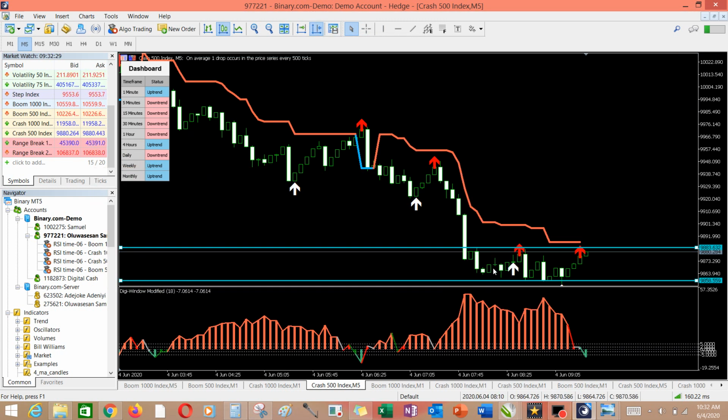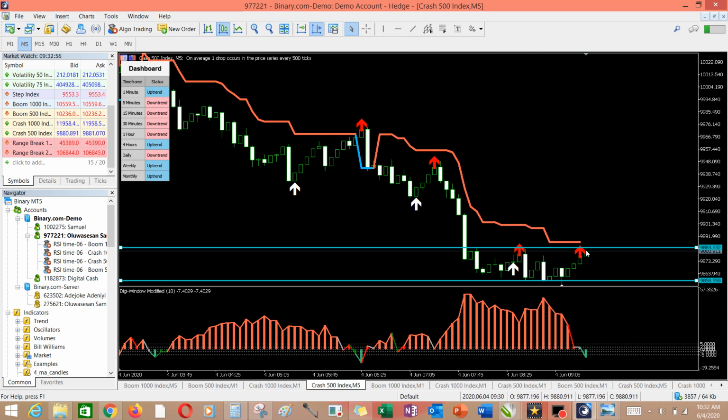Okay, as you can see, it is happening presently. You can see it came back, it went down, went back up, went down again, still within the same range, went back up, came down again, and so on. So it is trying to break out from either the resistance level or support level.